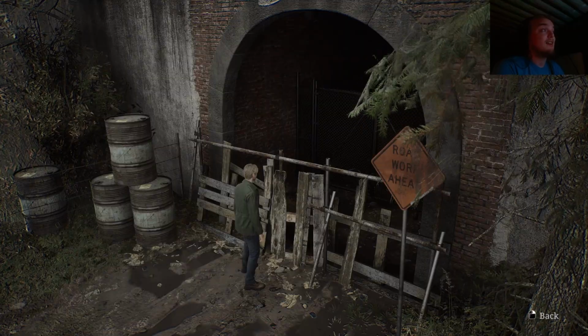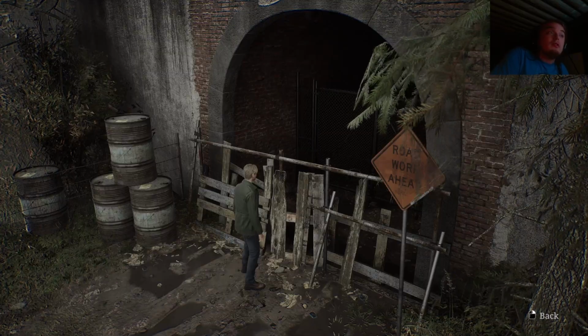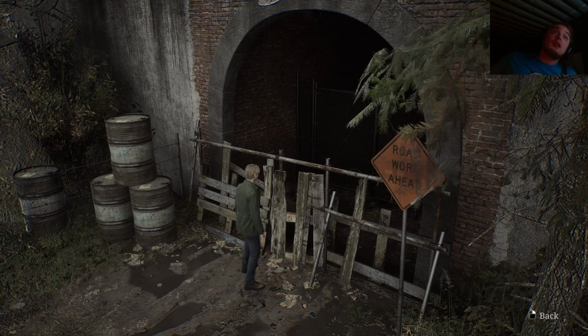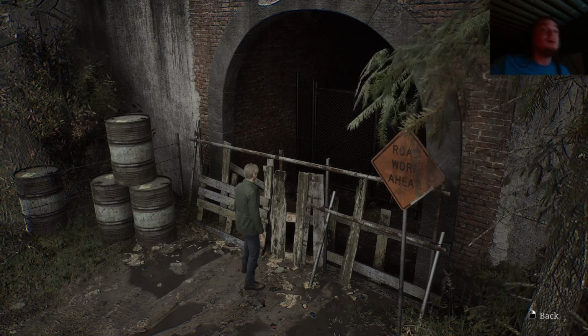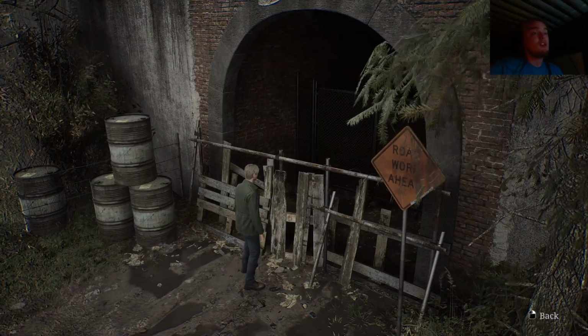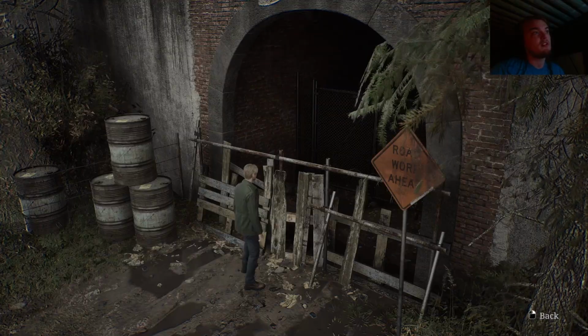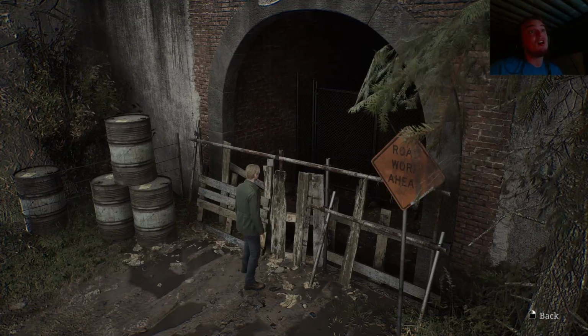I'd like to say that because one thing the developers knew is that people who had played the original game before were probably going into this thinking, well, it's probably going to be the same scares, just with better graphics and new controls. But this is the game's hint at saying, oh no, you're not.